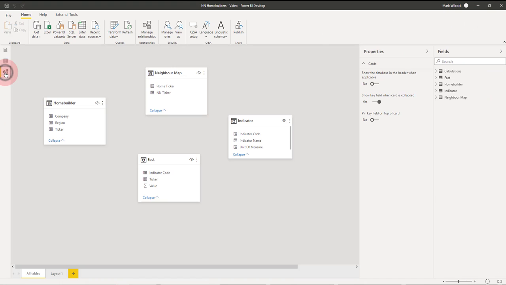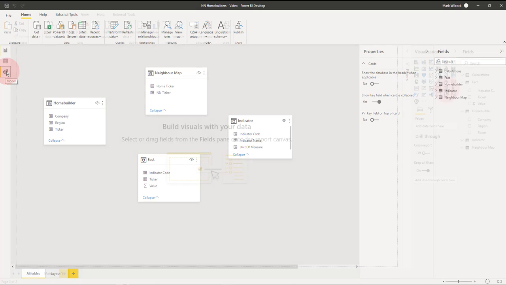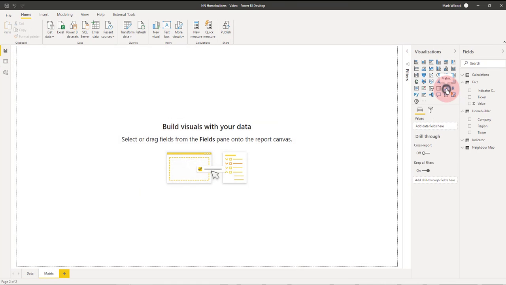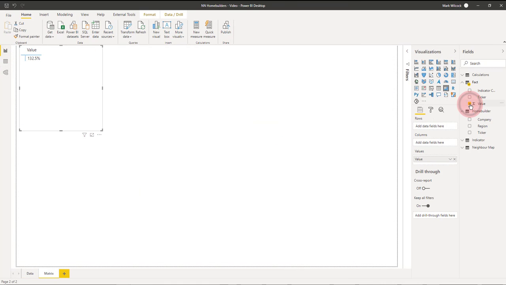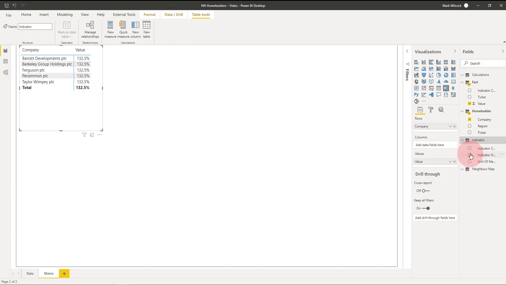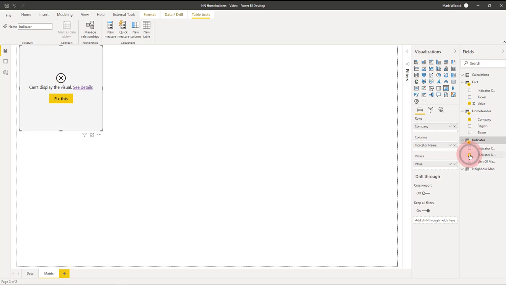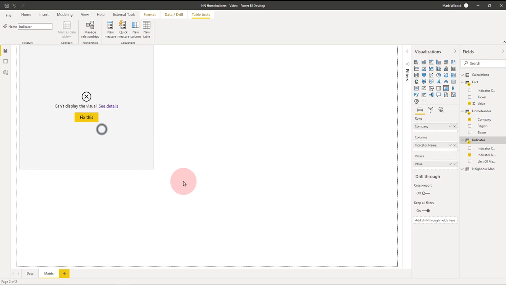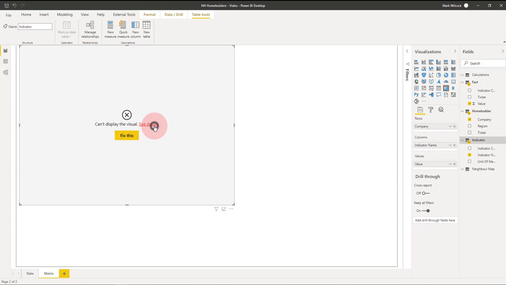Now let's have a look at our model pane and notice that we're starting off without any relationships, any joins between the tables in our data model. Let's build our first visual and see how we get on. Let's build a matrix that shows the values of our risk and return against our companies. So I'll click on my company, I'll click on my value, and I'll go to my indicator and click on my indicator name. And it doesn't look very good,